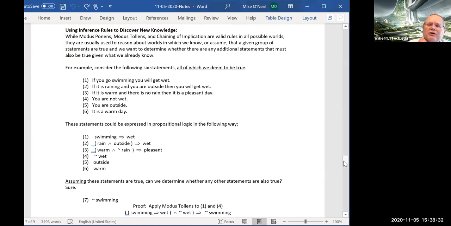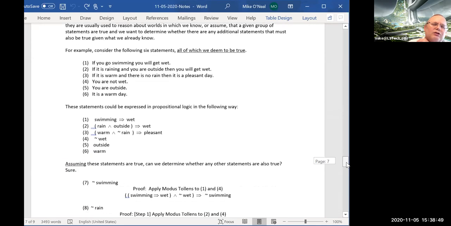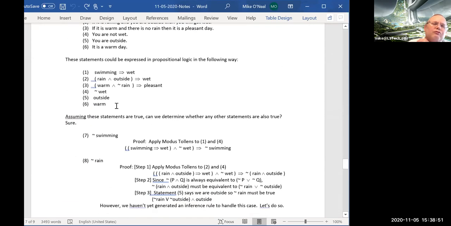Okay, so how can we solve this? Well, if you go and look at applying modus tollens to Rule 2 and Rule 4,